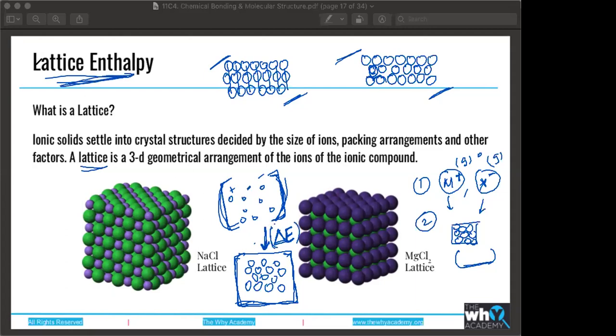It's pretty obvious, right? Lattice enthalpy, because it is the energy associated with the formation of a lattice. Do you guys understand what I mean by the energy associated with this stage versus this stage? Okay, I can get into it. Is it temperature, right? Absolutely. So temperature and a few other things.